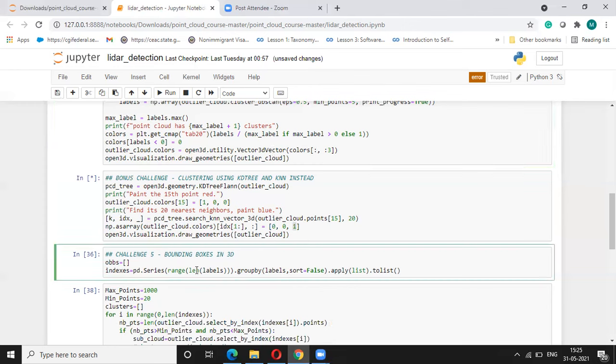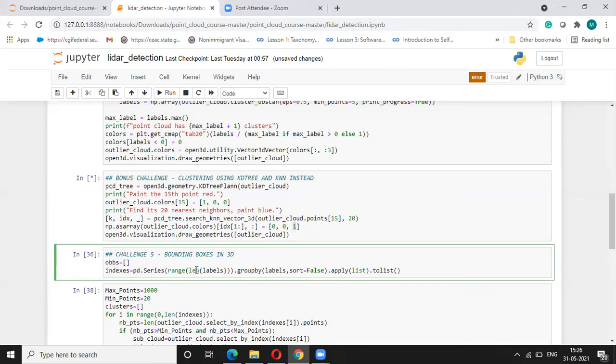The next thing, once we are done with that clustering, is drawing bounding boxes around those clusters. If we just draw a bounding box around a cluster based on the smallest and largest points in the x, y, and z directions, we will just get a cube, and it's not a good thing. This bounding box really doesn't tell much about the orientation of that structure in the environment.